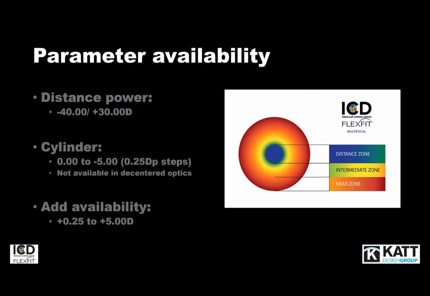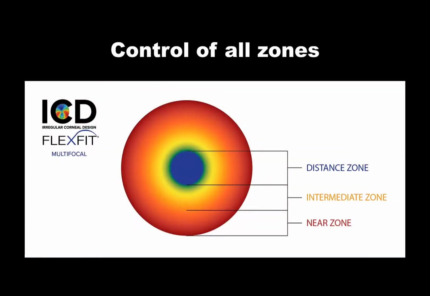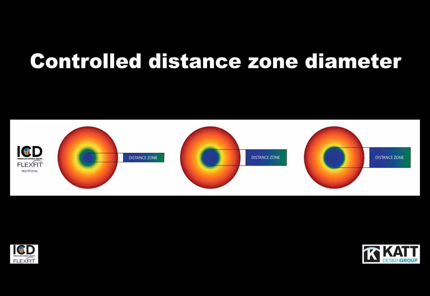In terms of parameter availability, the distance power is available from -40 to +30. The cylinder up to -5 diopters in quarter diopter steps, and the add is available from +1/4 to +5 diopters in near magnification. Let's discuss the customization of each zone in greater detail. Each ICD FlexFit multifocal has distinct distance, intermediate, and near zones, each one controllable in its width and magnitude of power. The distance zone diameter can be